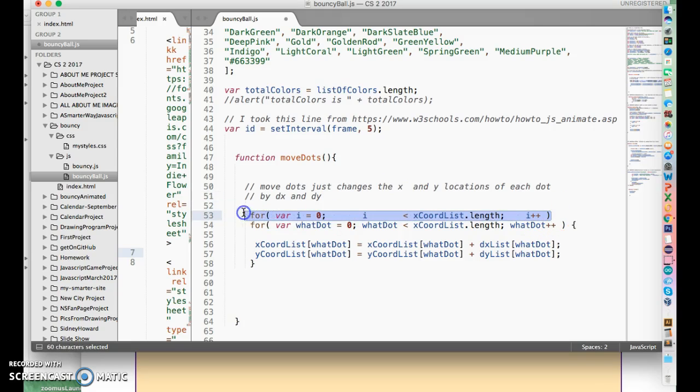Okay, and we have that already for this loop here, which is set up for a variable called what dot. So we're going to say for what dot starting at 0, so this is like the first dot on the list, 0th dot, while what dot, the place of the dot, is less than the length of the list, go up 1 every time. So it's going to go 0, and then it's going to go 1, and then it's going to go 2, and it's going to go 3, and it's going to go all the way for however many dots you have